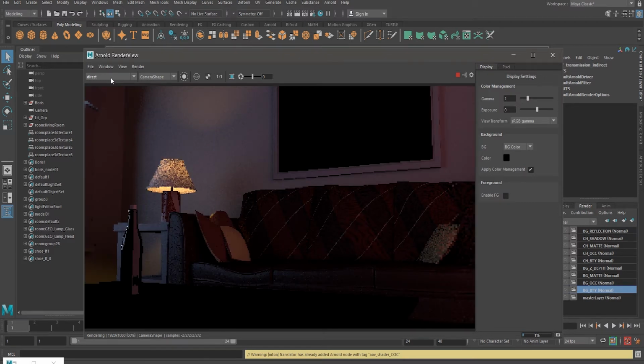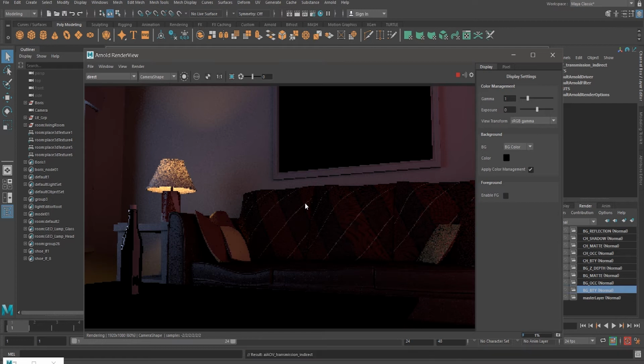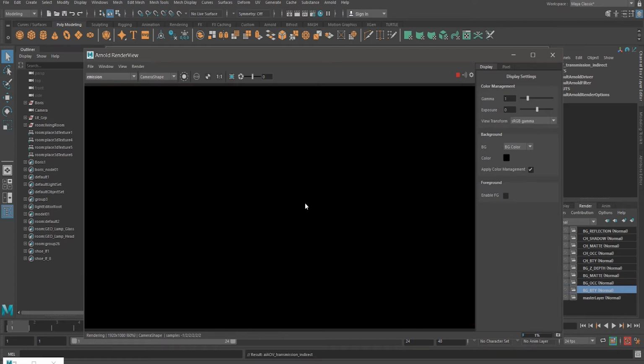So this direct will also have the reflection values along with it, basically specular values and all those direct lighting. There is no indirect lighting, but all those speculars created by direct light, basically these speculars in here are directly being created by our sources of light. This specular is not part of any bounce light. Okay, then we have emission. There is no object that has emission, that's why it's coming blank.